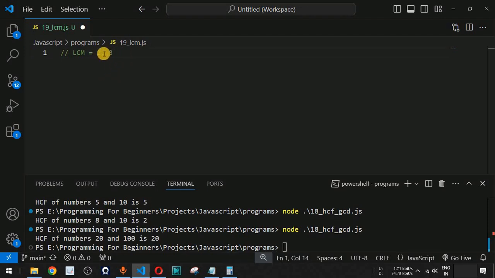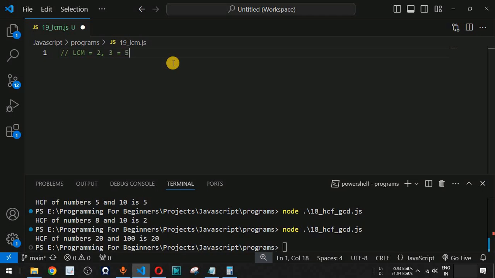So guys, we have 2 and 3 as the numbers, so we have to start from the maximum number. The maximum number is 3 in this case, so is 3 exactly divisible by 2 and 3? No. So we have to increment the number. The next number is 4. Is 4 exactly divisible by both 2 and 3? No. It can be divided by 2, but it cannot be divided by 3, in which case we will not get the remainder as 0.